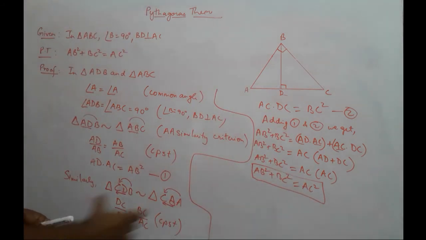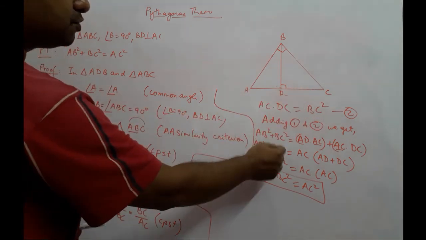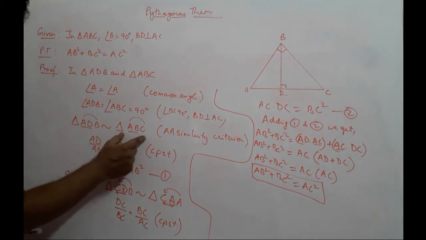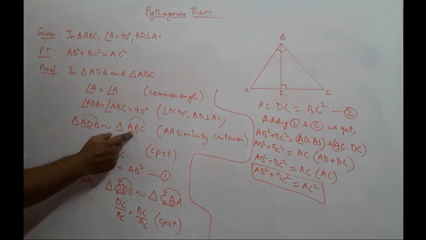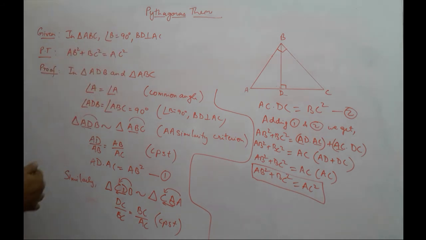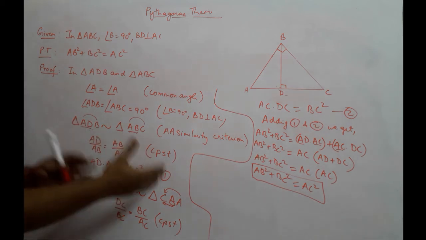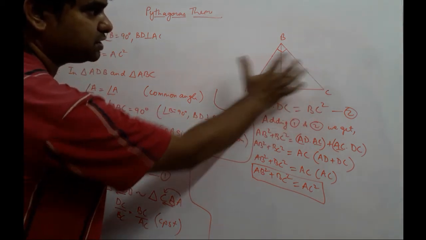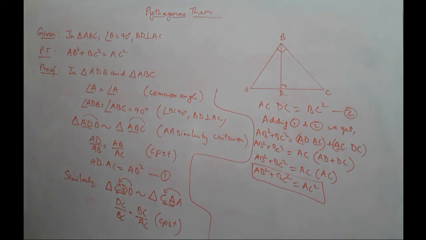final answer, wherein the square of the hypotenuse was found to be equal to the sum of the squares of the other two sides. As far as taking the triangles is concerned, how do you take the triangles? Because over here you have triangle ABC. In exam, you may have triangle XYZ or PQR, so there's no need to get confused. You don't have to memorize this word to word because the letters can change. So I would not like you all to get confused because of the letters being changed. What you need to keep in mind is which one is your hypotenuse, which are the other two sides, and based on that think over this.